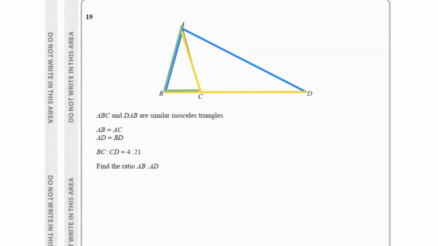AB equals AC. This equals this, and this equals this. BC is to CD is 4 is to 21. Find the ratio of AB is to AD. So